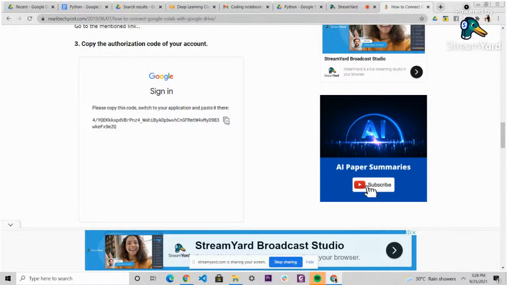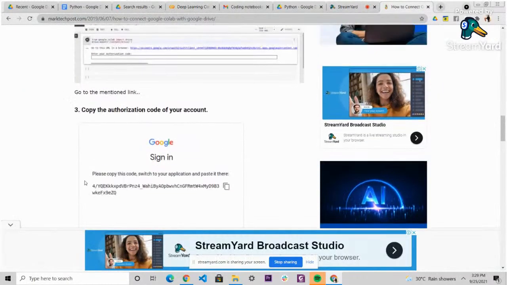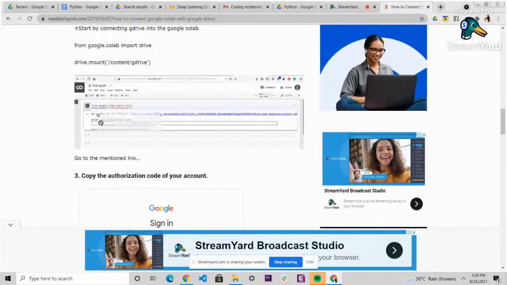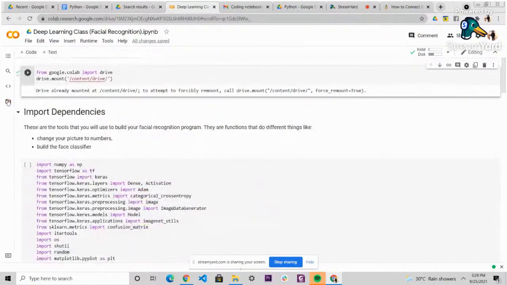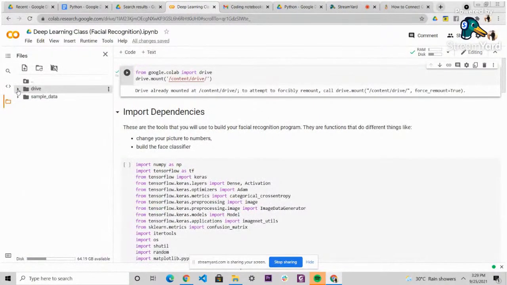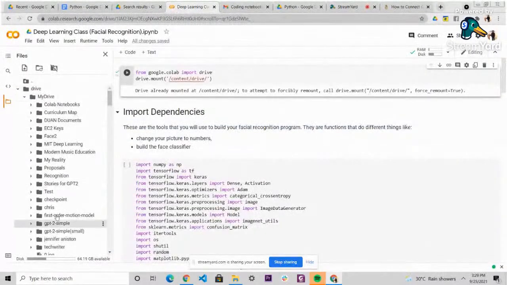So you click on this here, and then come into your code and paste. Come into your code here in this space and paste it here, and then press enter. Once you do that, it automatically connects you to your drive, right? Then you would see your drive appear here. So once I do this, I can see my drive. Everything I have on my drive here is connected to my